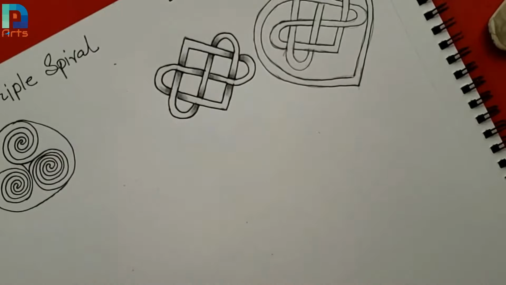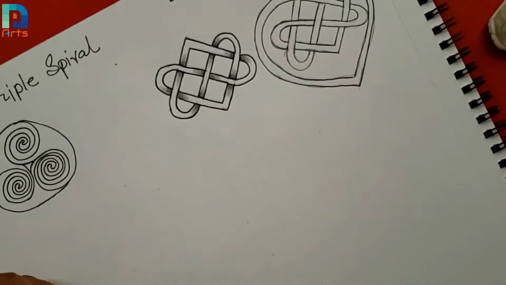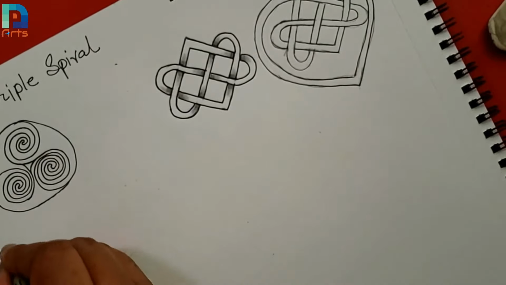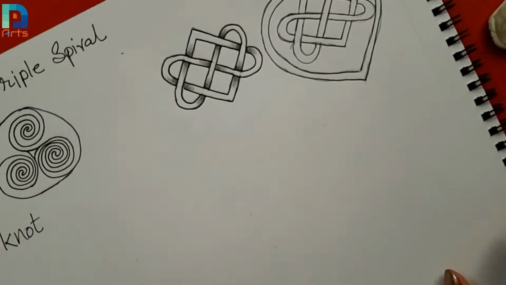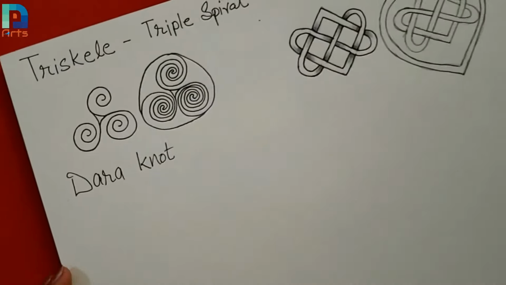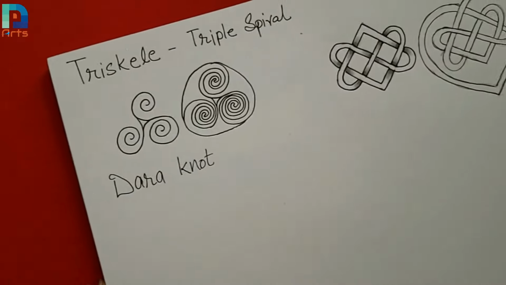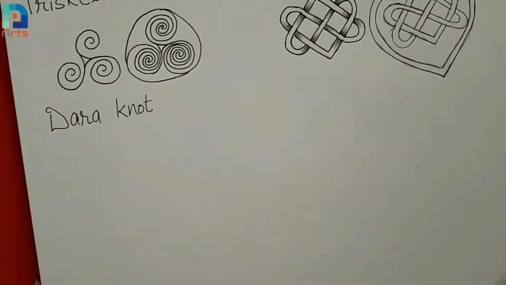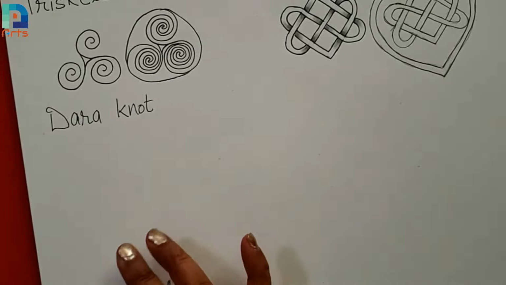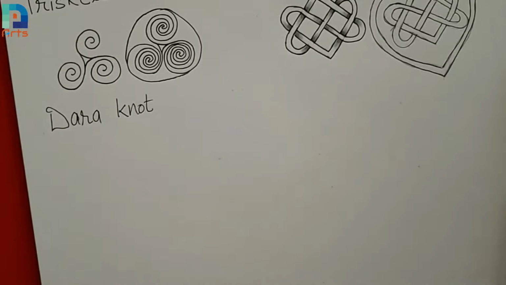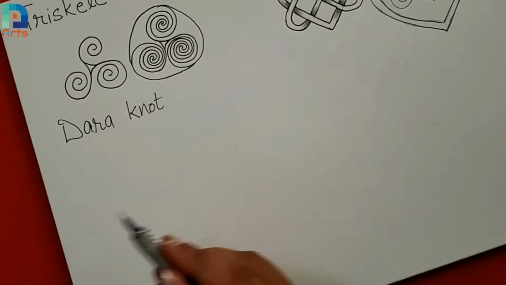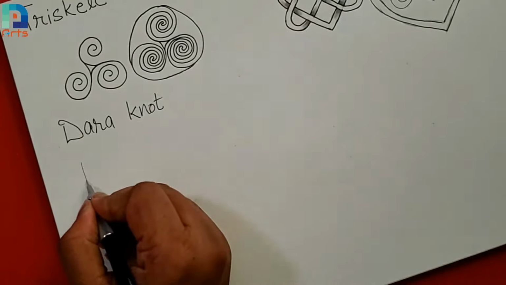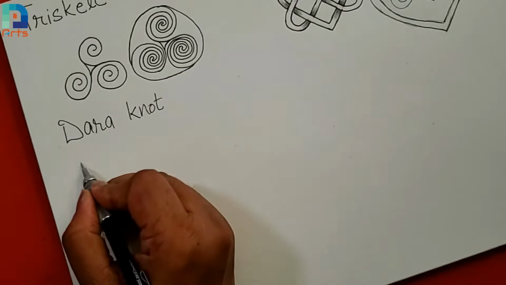Use the pen. Oh, the Dara knot. So the Dara knot is basically the root of the oak tree. So the root of the oak tree, where you draw the four leaves in the four sides, and then you entangle it with the circle. So for the strength,